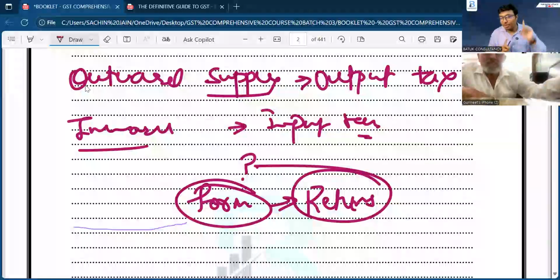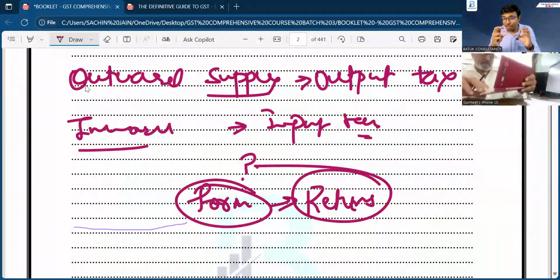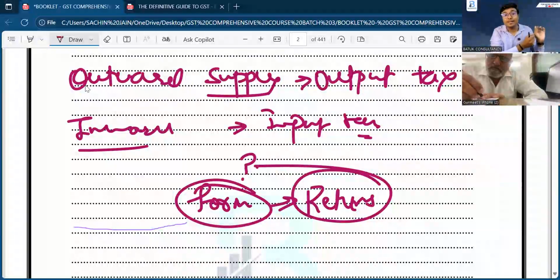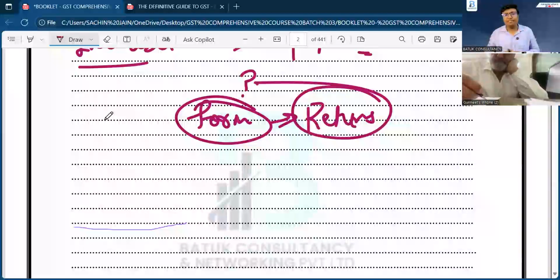And sir, one more important information. When you are watching this specific course, I request each one of you, just think one important concept in your mind, that you are in July 2017 only. You are not at all in 2025. हम ये जो कुछ भी पढ़ रहे हैं, we are just learning in July 2017, so that every basic will be there. Okay, so when we are making the outward supply and we are receiving the inward supply,